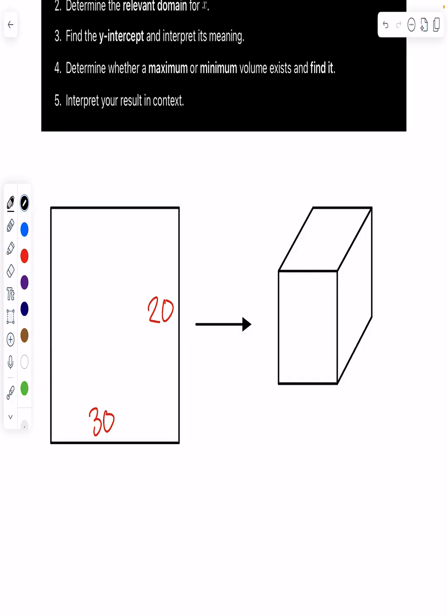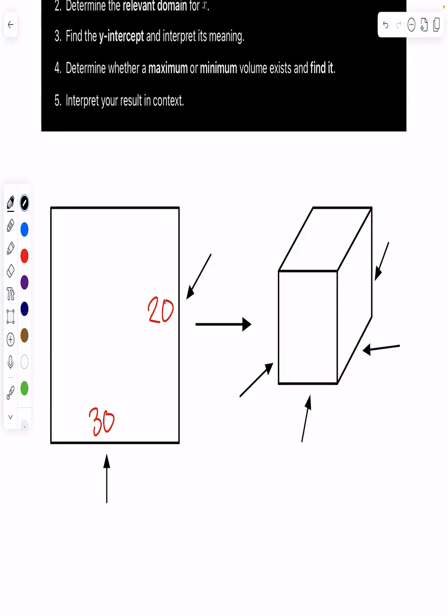And then when I fold it up into a box, instead of just having one width side or one length side, I will now have two of each. Right, really important detail to note. I'll now have two of each, which makes this a little bit more interesting when I try to define my